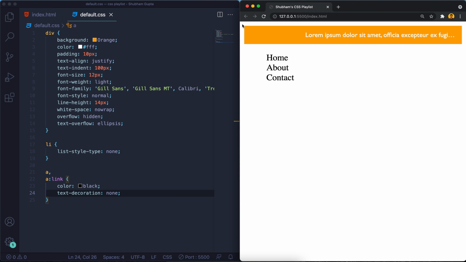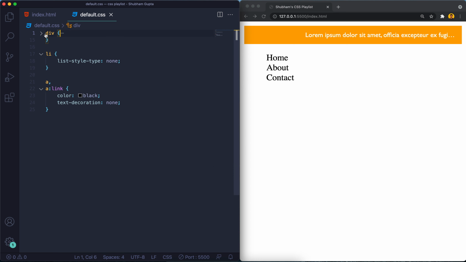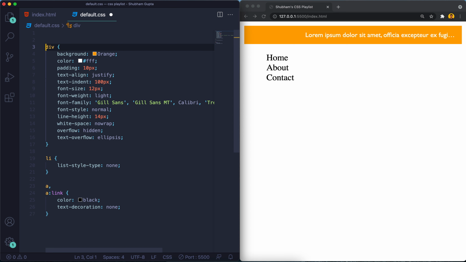You can see that there is some space here, though I've never given this space anywhere in this CSS, but they still have the space, which is the default styling given by the browser. So what we can do is use a star. And what does it mean?